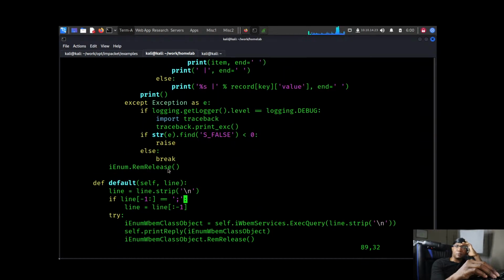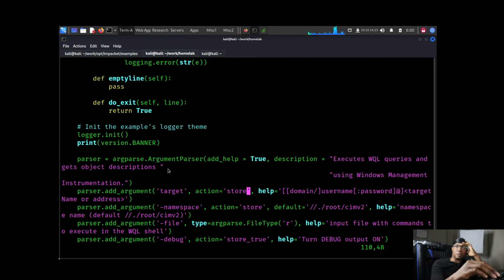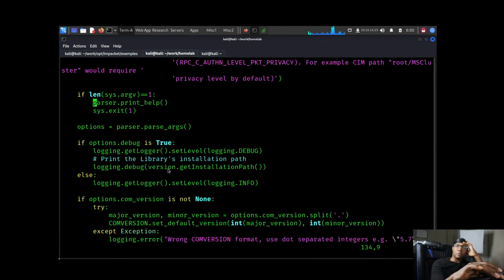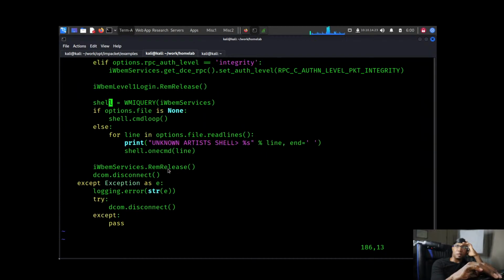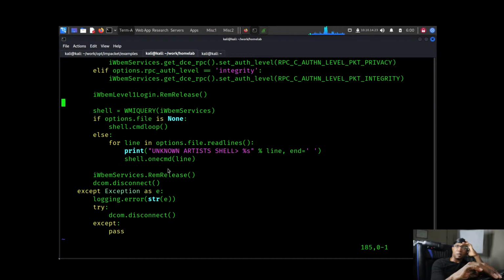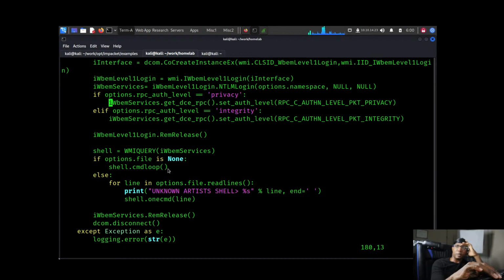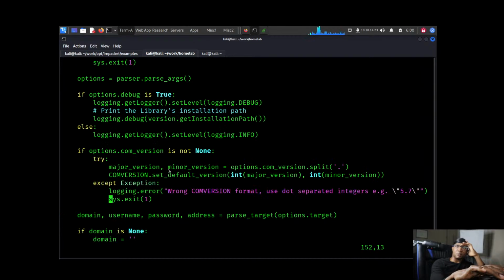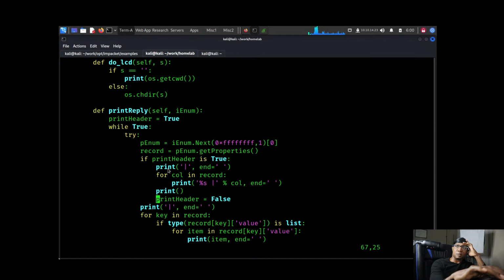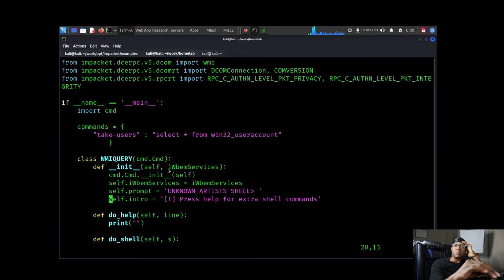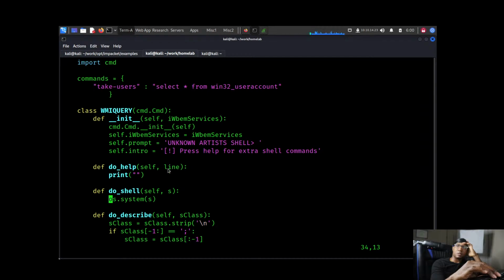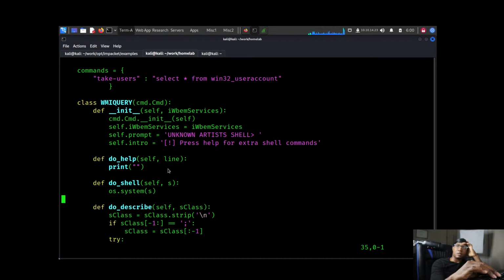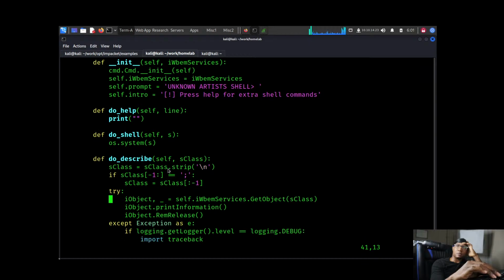I think there's some useless code in here, I would say. But essentially what I need is, so we have what I got. I mean, we have what I need, but I need the Wmiexec class to say self prompt. Where is